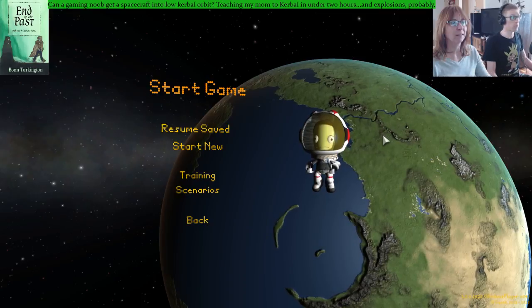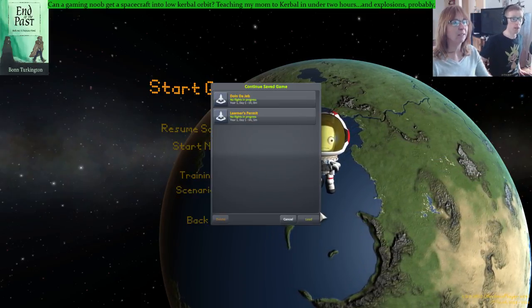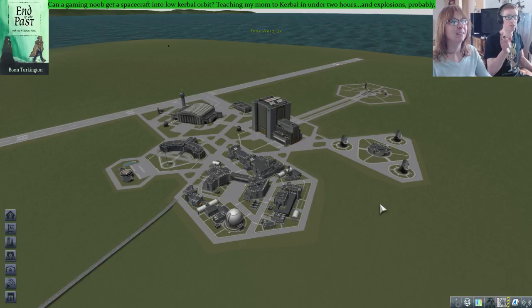So you want to click resume saved. I started a game for you. Yours is the learner's permit. So click on learner's permit. And click load. Wait, where? The big green, yep, it's going well so far. We're in trouble. Yeah, I know we are. So the idea here, during our load times,